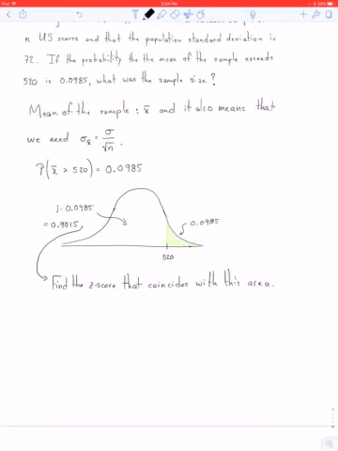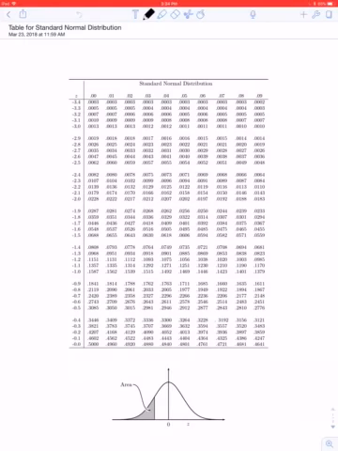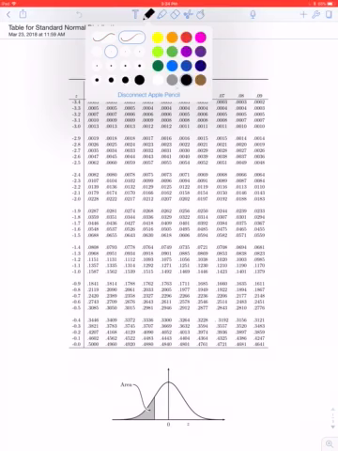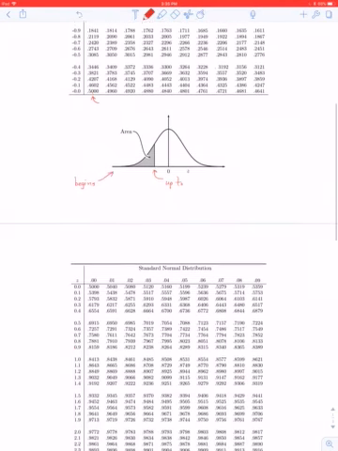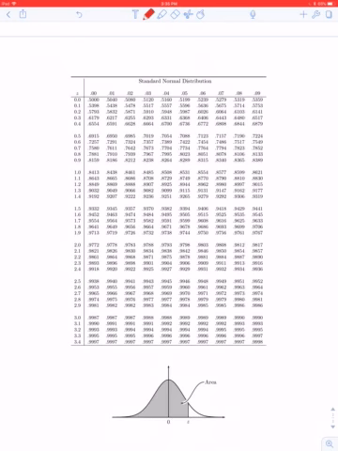Okay, now I'm going to go back here, and I actually have a table of z-scores. So I'm going to pull that up now. And notice that in this one you see that the area, I'll use a different color, red. So notice that this one always begins on the far left, and then it goes up to whatever this value here is. So in this case, I only go up to 0.500 right here. So we can do better than that. So I go to my next page,